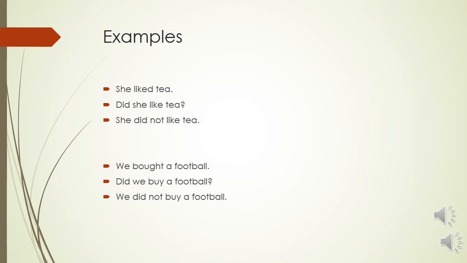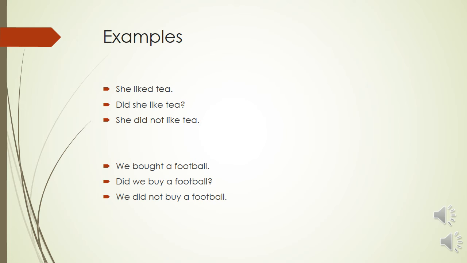Now pause the video here for a minute or two and observe these sentences. In the first sentence, we have used the second form of verb. In the second and third sentences, we have used did and we are writing the first form of verb. When we are writing did, as I have already told, we do not write the second form again, because did is already telling us that the sentence is in past tense.